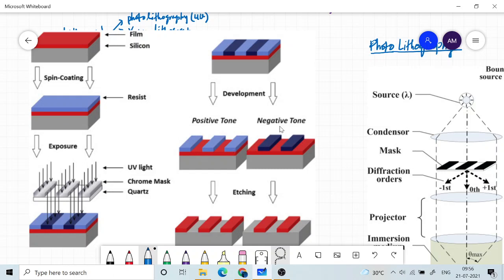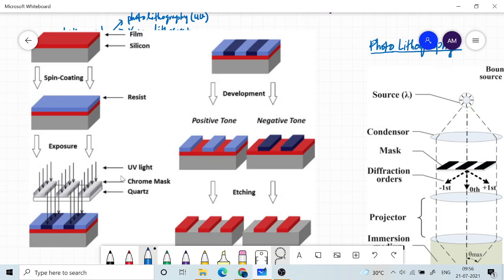So depending upon the way the chemical is going to react, there are two types of photoresist. One is called positive resist and the other is negative resist. So in the positive resist, what happens? The solution will dissolve the material which is irradiated with the light. You can say that because of the irradiation with the light, the material got softened, and it improves the reactivity and dissolvability in the chemical. So the irradiated portion will be just gone in the positive resist.